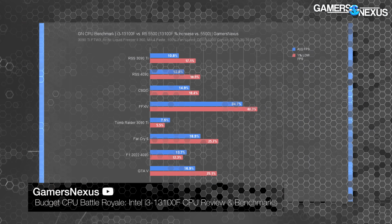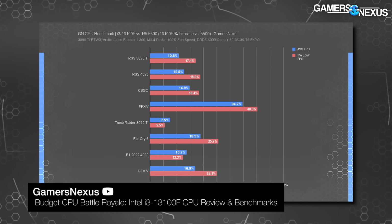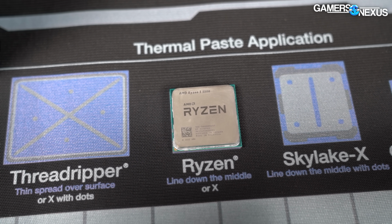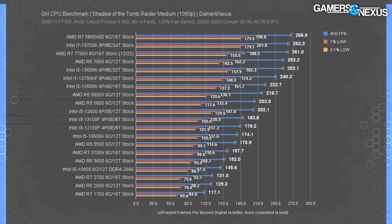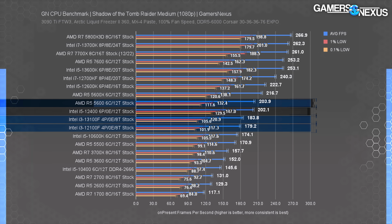When we looked at the i3 13100F last year, we found that the 13100F frequently outperformed the R5 5500 with a significant percentage advantage. The 5500, in our opinions, is not good enough to consider. It's slightly more expensive than the 13100F, but it's worse, and both are on dead platforms anyway. For gaming, looking at our data from last year when we had all three of these CPUs on the charts, the R5 5600 regularly outperformed the 13100F and 12100F. In fact, it was even over the 12400 in some